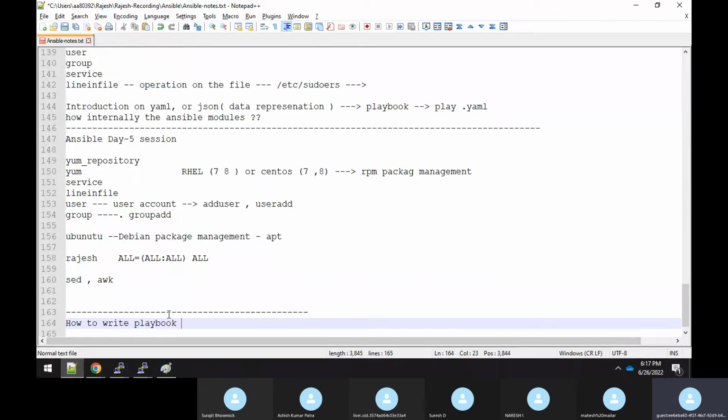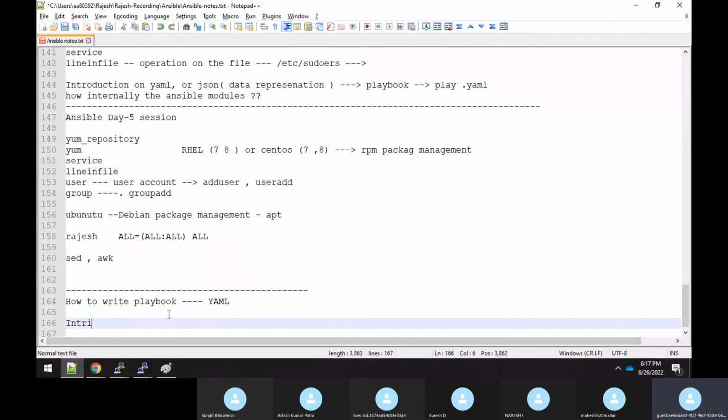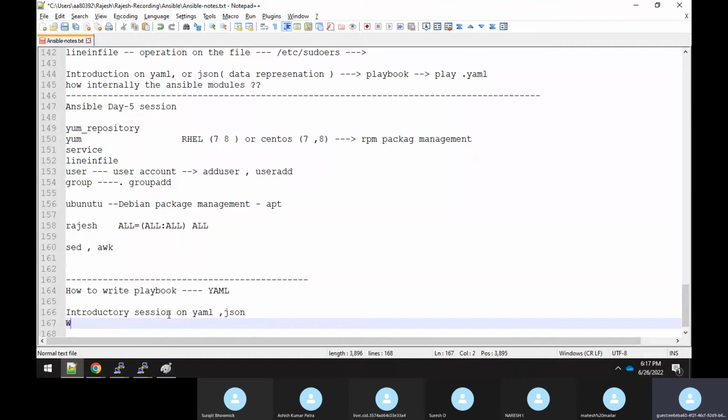To understand how to write a playbook file, you need to understand how to write YAML. So I will have an introductory session on YAML as well as JSON files. That would be the next topic, and we will start writing my first playbook file